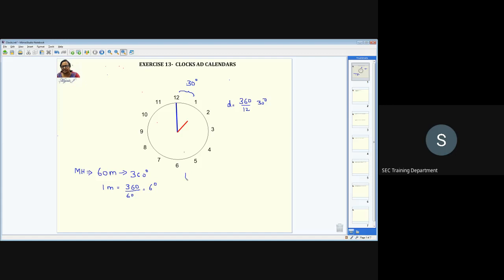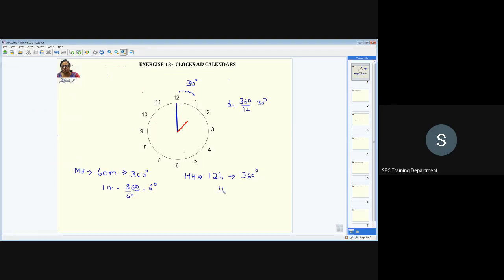Now you go for the hours hand. When the hours hand makes one full rotation, what is the total duration? Imagine that it is at 12 o'clock. At 12 o'clock, this hour hand is going to be here in this line. And then when it makes one complete rotation and comes back here, it is going to cover 12 hours. 12 hours. Good, right? And what's the total angle covered? 360 degrees. Like the minute hand we said, here also it is going to cover 360 degrees.